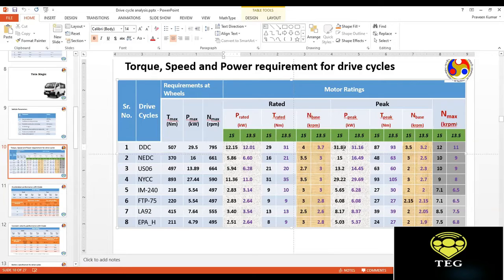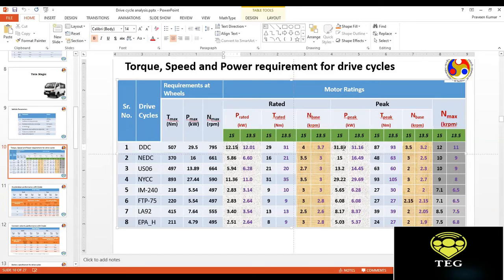An internal combustion engine cannot be overloaded. So if you have a 75 horsepower engine, then the maximum power that you can extract from it is 75 horsepower. Whereas if you have a 75 kilowatt motor, in that case you can overload the motor and you can even extract 150 kilowatt power for a short duration of time. For 5 seconds or 10 seconds, you can extract 150 kilowatt from a 75 kilowatt motor. But this is not feasible for an internal combustion engine. So that's a big advantage of using an electric motor as a prime mover for EVs.